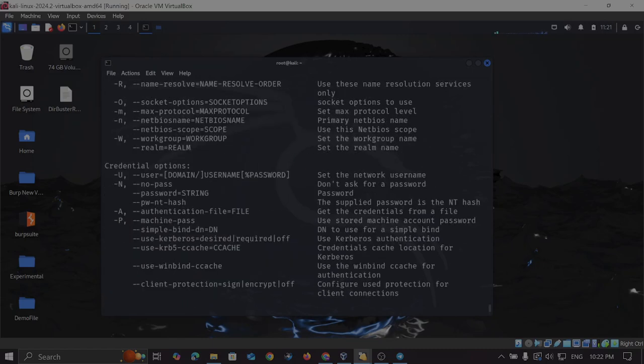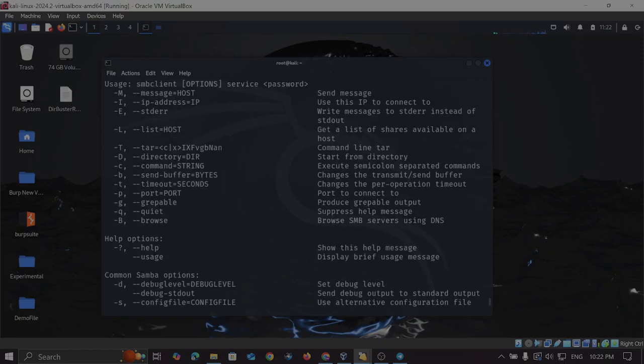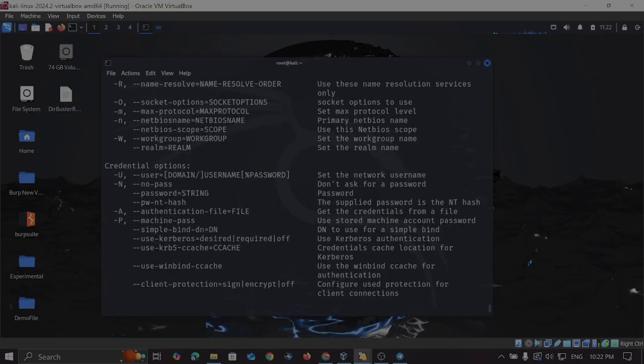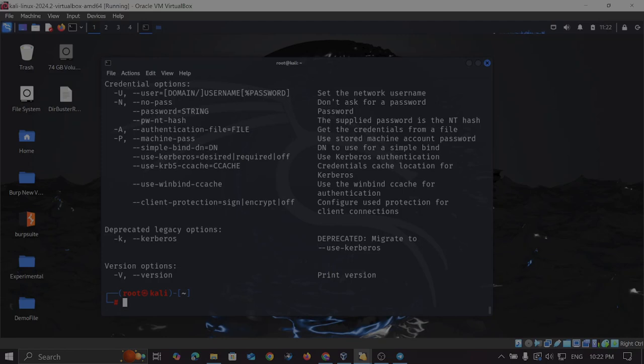If I write help here, I'm seeing the usage, how to use that. So let's go ahead and see the list. It basically gets a list of shares available on the host. Now let's go ahead and use the list. In order to use that, I have to write smbclient, and then put a capital -L, and then by convention you have to put